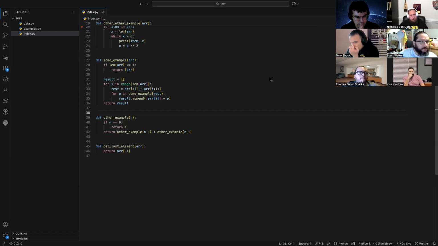The recursive call is in the nested for loop. Yes. Look how awful this is. This is factorial. This is the worst you can get.